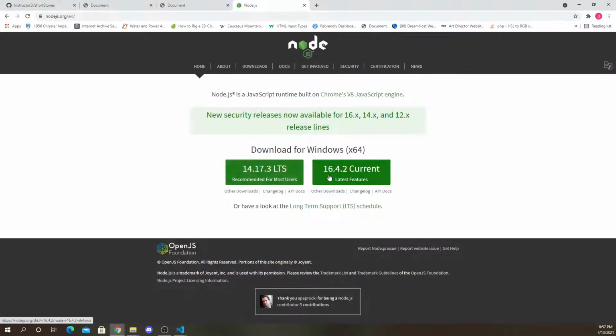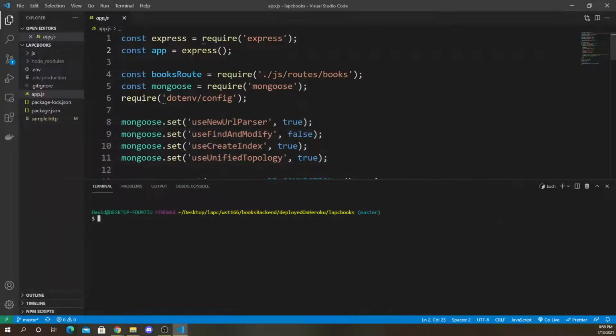You gotta download it. You usually get the LTS, or long-term support version of it. You download that and install it. Then that unlocks this feature. In your terminal, you're able to type in node, and if it tells you welcome to Node.js version whatever, then you know you've got it installed. But if you type in node and it says unknown command,